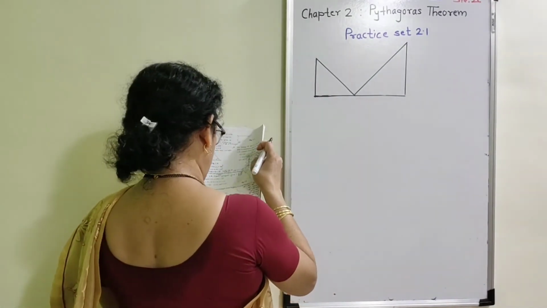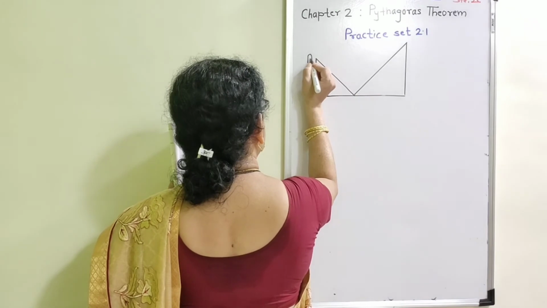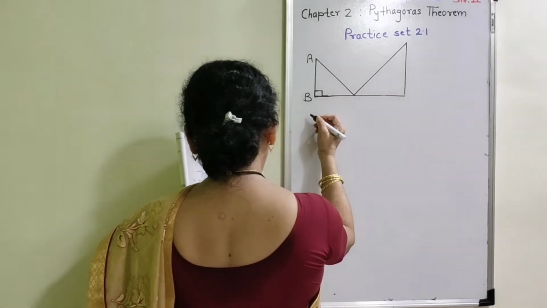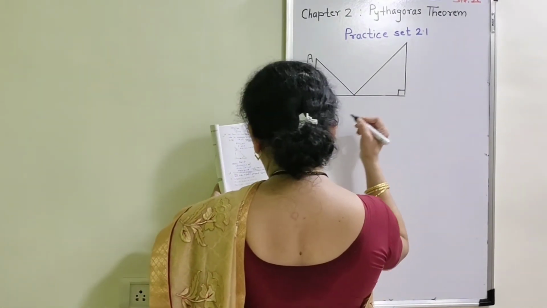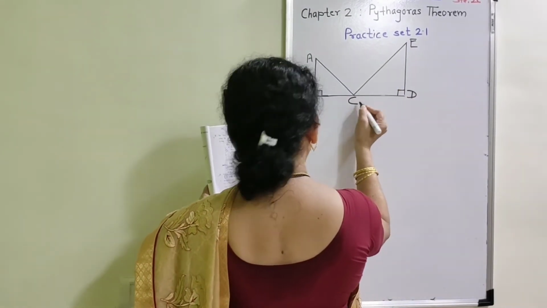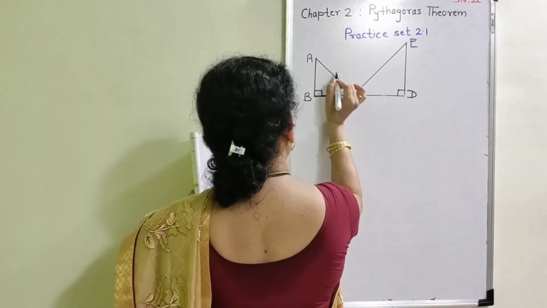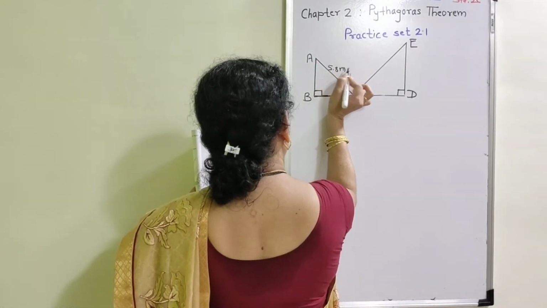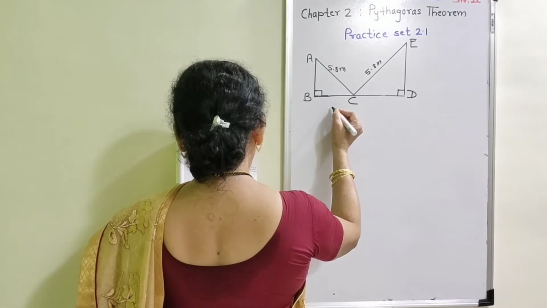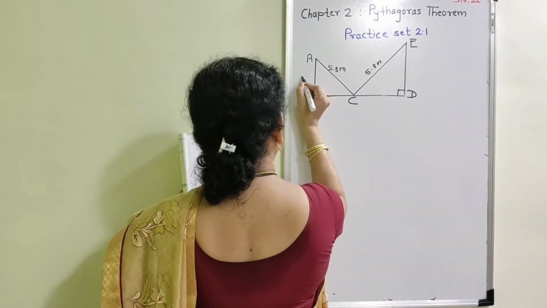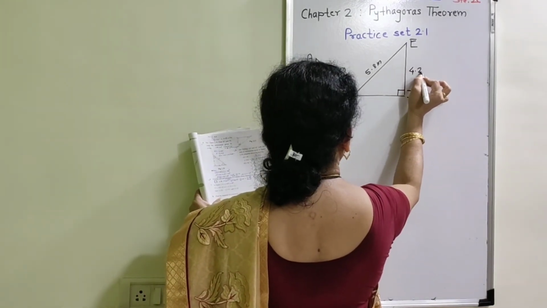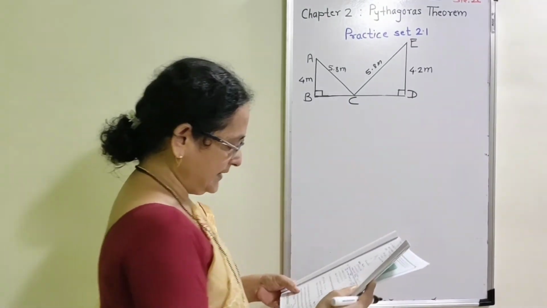Now first of all, suppose this is the length AB. Since the walls are considered as perpendicular, I have taken perpendicular at point B as well as perpendicular at point D. This is my point C. The length of this ladder is 5.8 meter. The length of this is also 5.8 meter. The height the ladder can reach is equal to 4 meter, as well as here the height is 4.2 meter. Now read the example carefully.